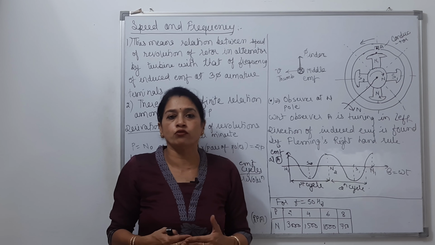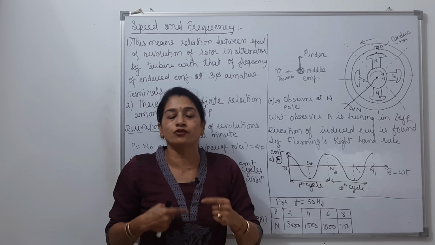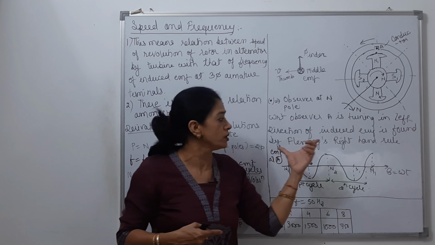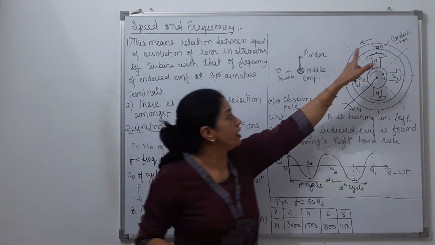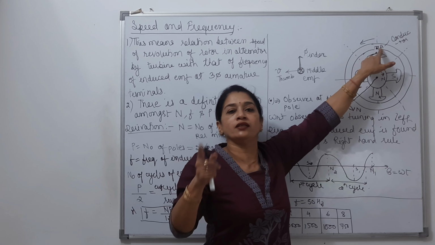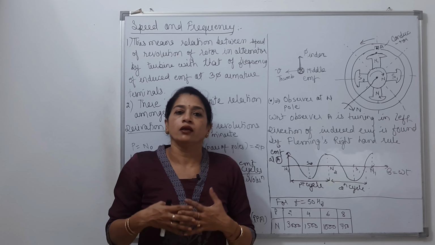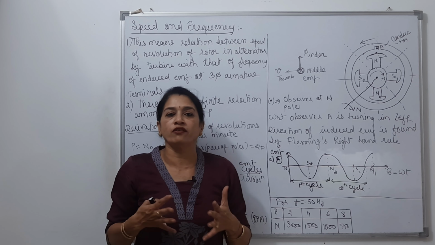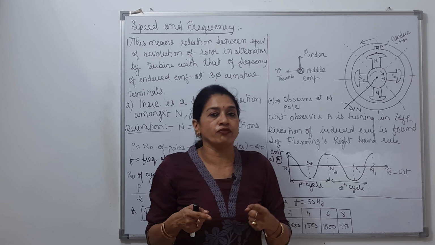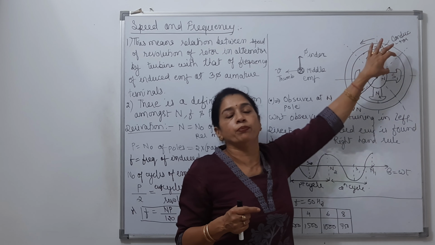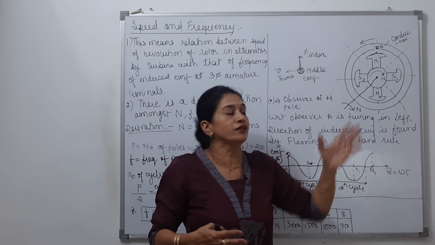So I just want to judge over here, due to the rotation of whatever number of poles there are, how many cycles of the EMF are being induced in one revolution of the rotor. In one revolution of the rotor, in one conductor, how many cycles of EMF are being induced, and certainly that will assist me in finding out the frequency of EMF. So the quantity of EMF which is being induced in conductors depends on how strong the field is